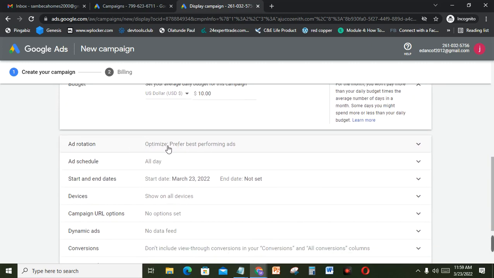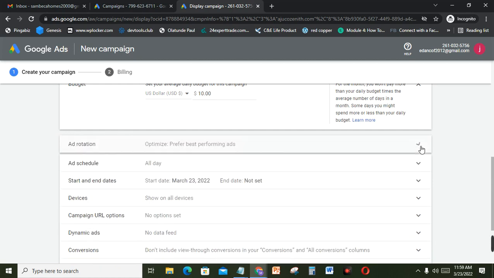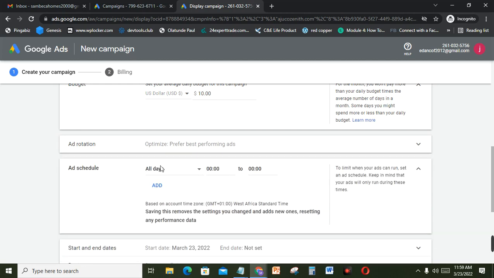So the first one is the ad rotation. How do you want the ad to move? It is better to optimize it so that your ad can perform better. If you don't want it to automate, it will just keep spinning around, and then it might waste your money. So the best is to leave it as optimize, so that it actually shows to the right audience. Then schedule all day means your ad will run every day. So far you have added it. Your ad will run